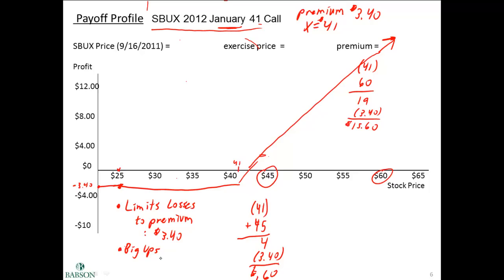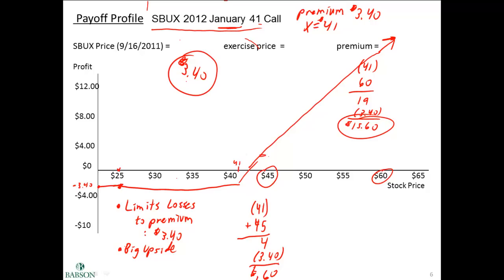Tends to have a big upside. So if you were thinking that Starbucks stock is going to go up to $55 or $60, you can make a lot more money by investing in options contracts than in the underlying equity. Remember, you're only investing $3.40 at the beginning, and you can earn $15. So you can earn 5 times your investment if the stock rises,